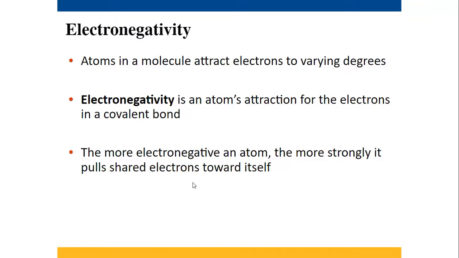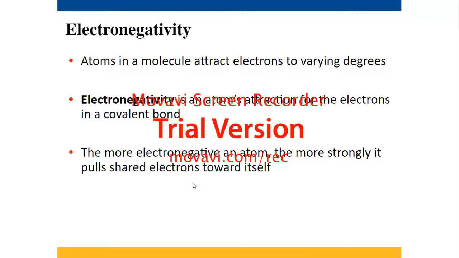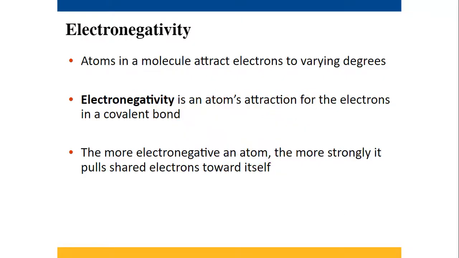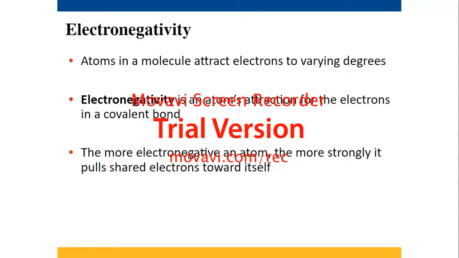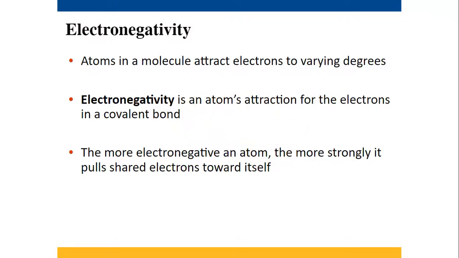Okay, all right, so this is electronegativity. It's what I already talked about. So electronegativity is an atom's attraction for electrons in a covalent bond. All right, so let me also say this, so you don't get confused. So even in covalent bonds, I talked about electronegativity in reference to an atom pulling electrons from another, and that is true. But you can also have in a covalent bond what's called polar covalent bonds, meaning that